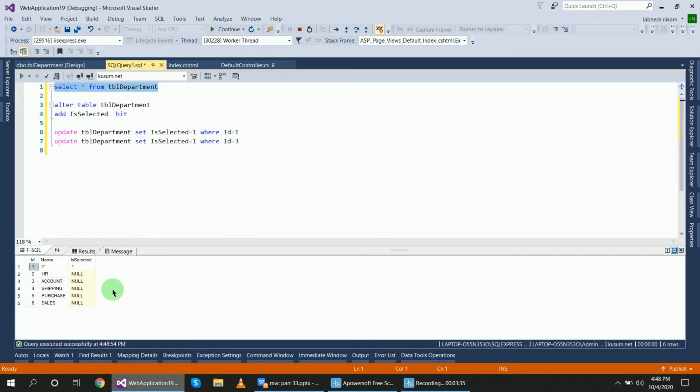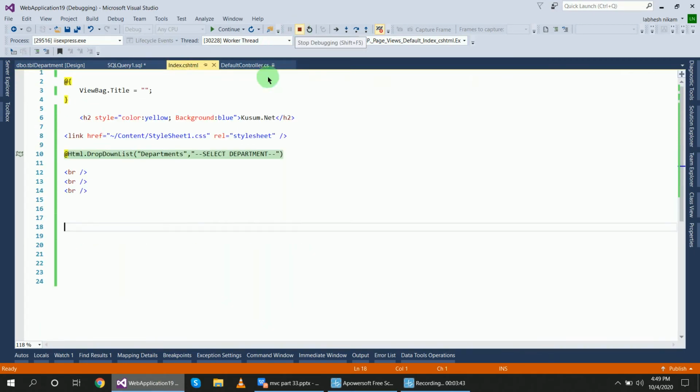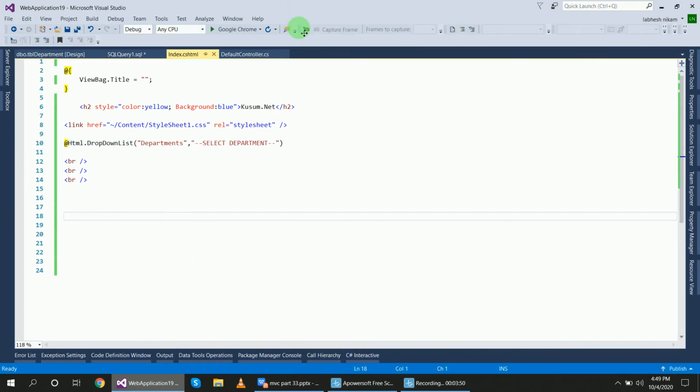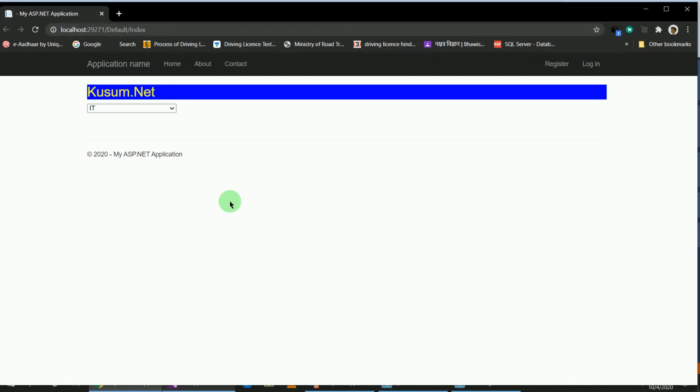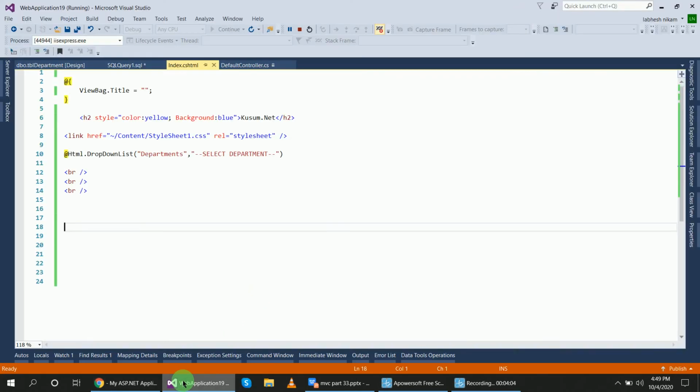You can see here that 1 is set for the IT department. Now run the program and check what happens. You can see the IT department is now selected, because we have added the IsSelected field to the table.